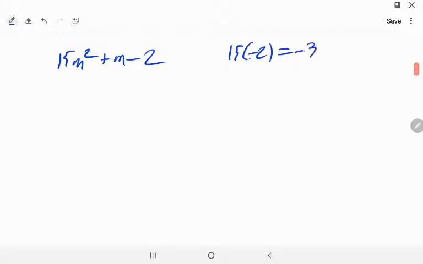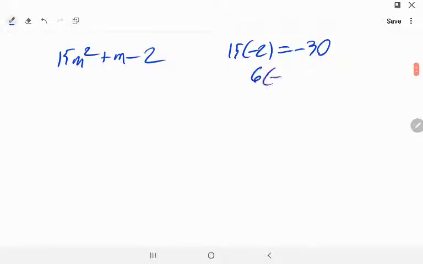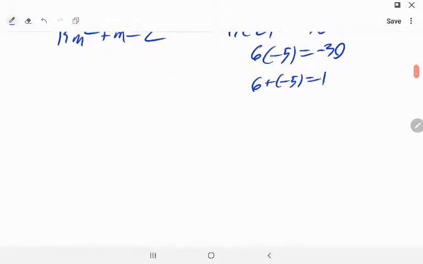A few more examples for AC method. If we try looking at 15m squared plus m minus 2, we notice that 15 times negative 2 is negative 30. You can go down the list of possible factorizations, but if you happen to notice the correct factorization, you can just go for it. So we know 6 times negative 5 is negative 30, 6 plus negative 5 is 1, and so we know